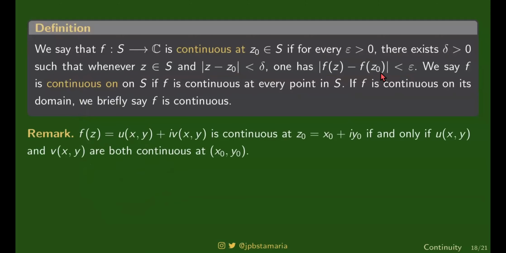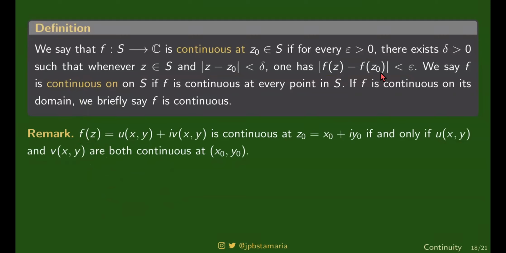Again, the continuity can be restated using the real part and the imaginary part. So if you're going to look at the real part and the imaginary part, this function is going to be continuous if and only if the real part and the imaginary part are both continuous at the point x naught, y naught, no? Where x naught, y naught are the coordinates of the complex number z naught when you think of the complex plane as the Cartesian plane, no? When you think of them as the same.